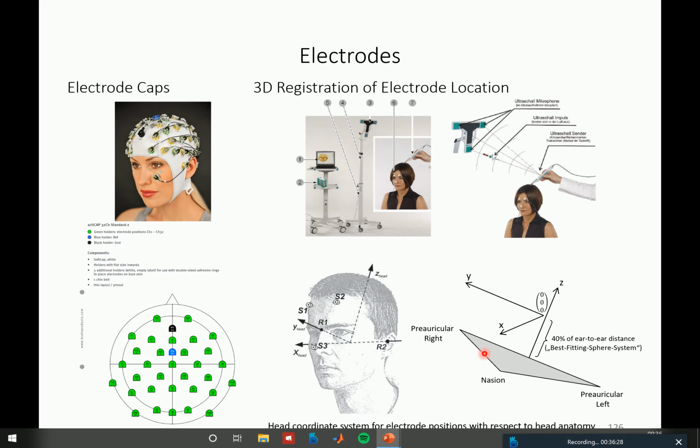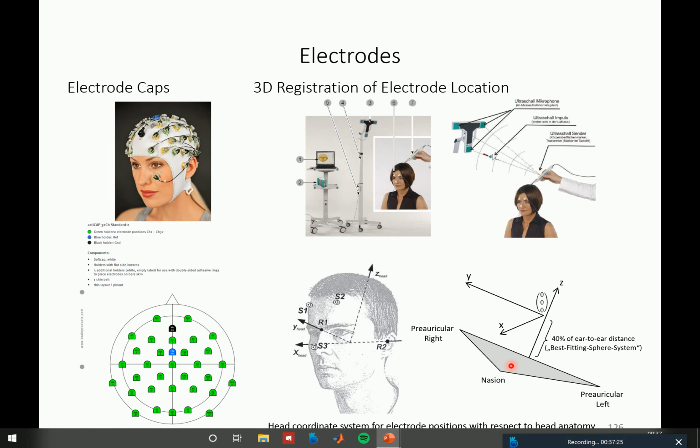So what you do there is that you first, based on some measurements and two sensors that you actually stick for some time onto the participant's head, establish a plane that defines your coordinate space in 3D. So you measure the pre-auricular or peri-auricular point right, left, and the nasion, and you use this plane to establish a zero in a 3D coordinate system, and this zero is then a little bit higher than this nasion and auricular point